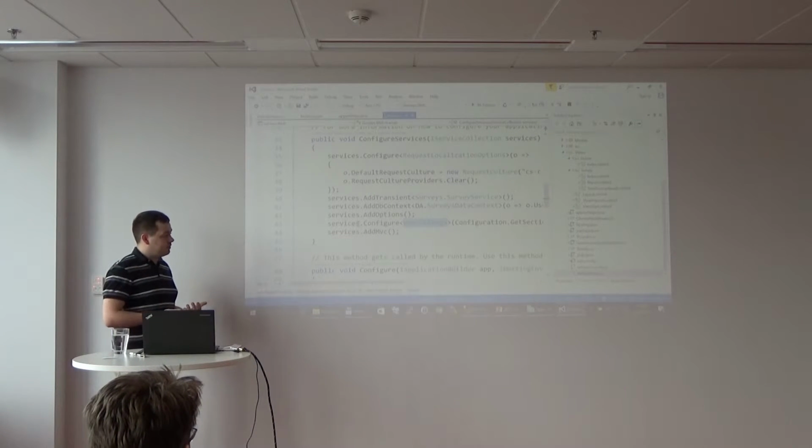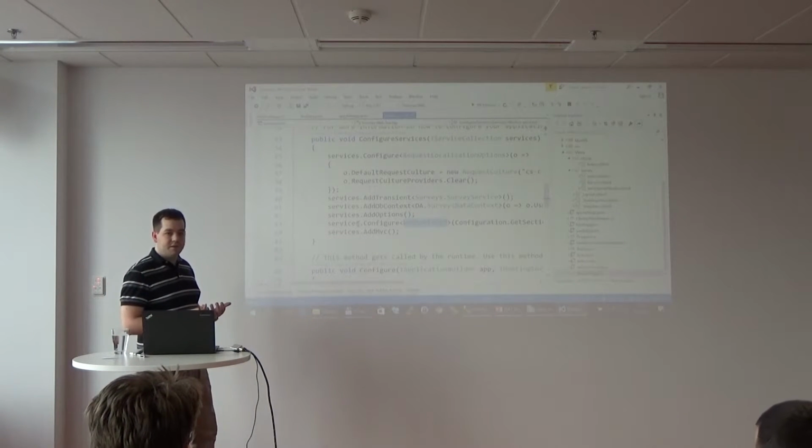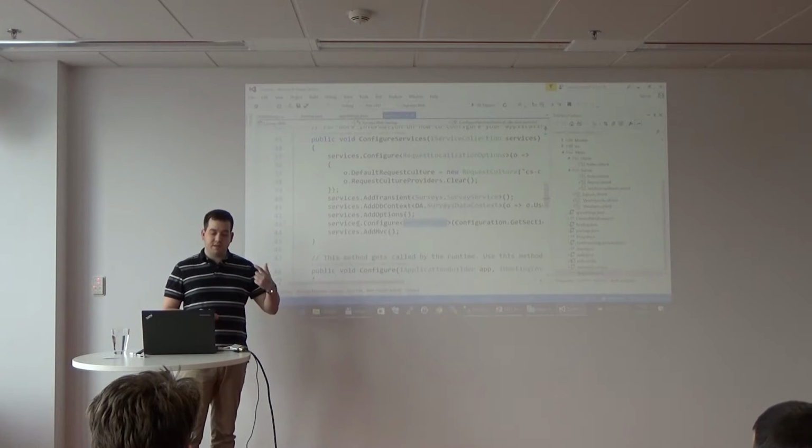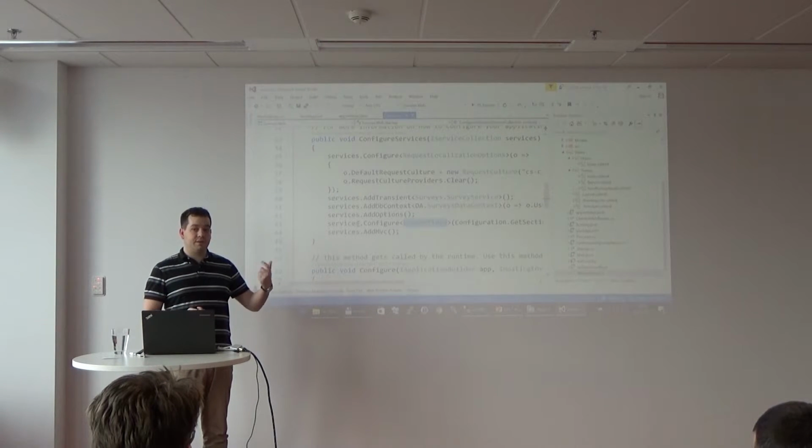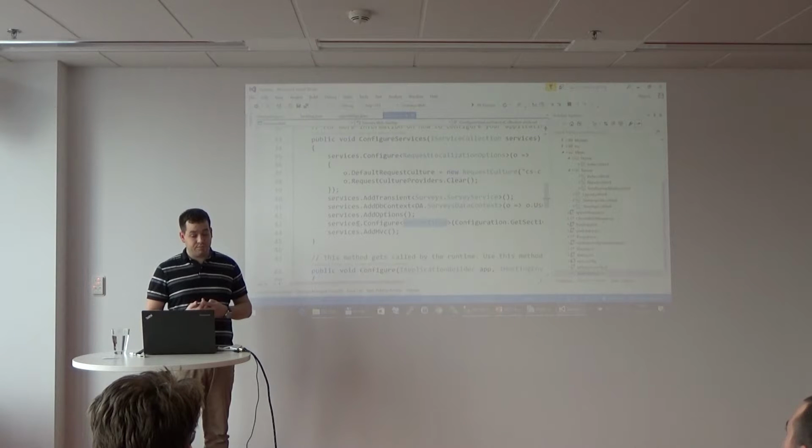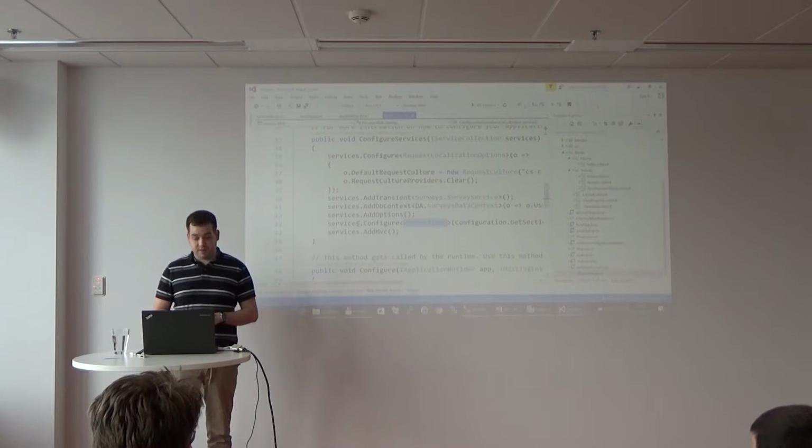And every time, for example, any controller in my application will have dependency on web settings, like it requires it through the constructor, it will be injected, and you can use this configuration directly from the controllers.